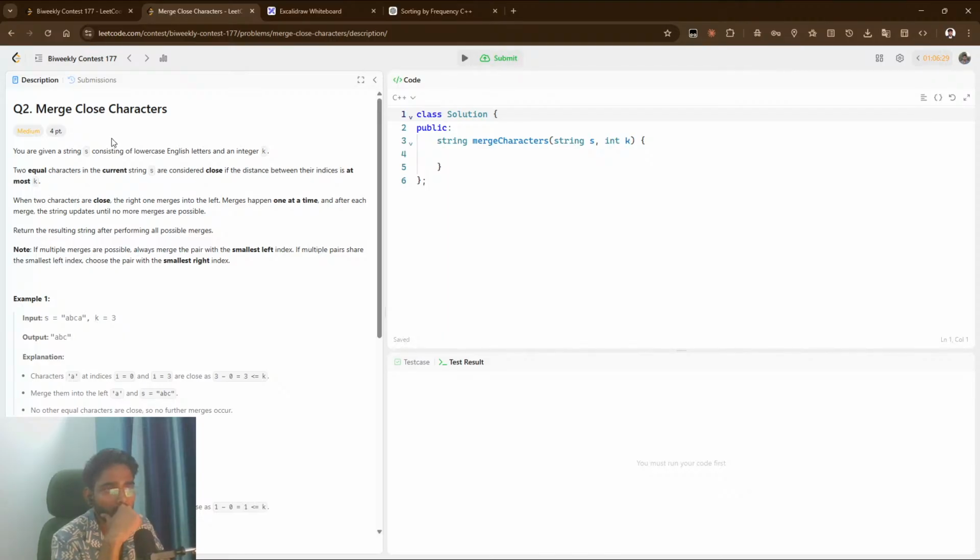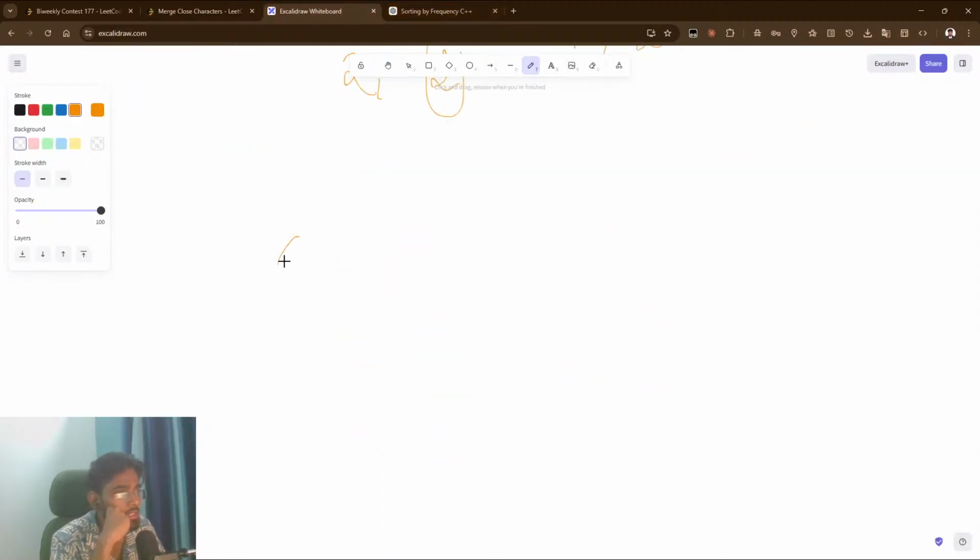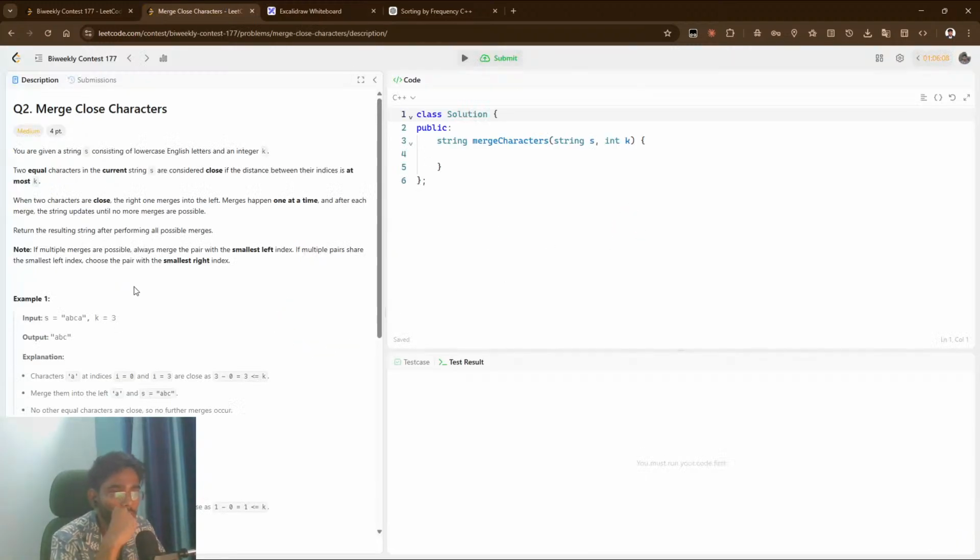You are given a string S consisting of lowercase English letters and integer k. Cool. When two characters are close, the right one merges into the left one. So basically, if we have, let's say, A, B, C, A, then this merges into this. So it becomes AB, right? And it should be equal characters. So one A and A gets merged. So it becomes like, okay,